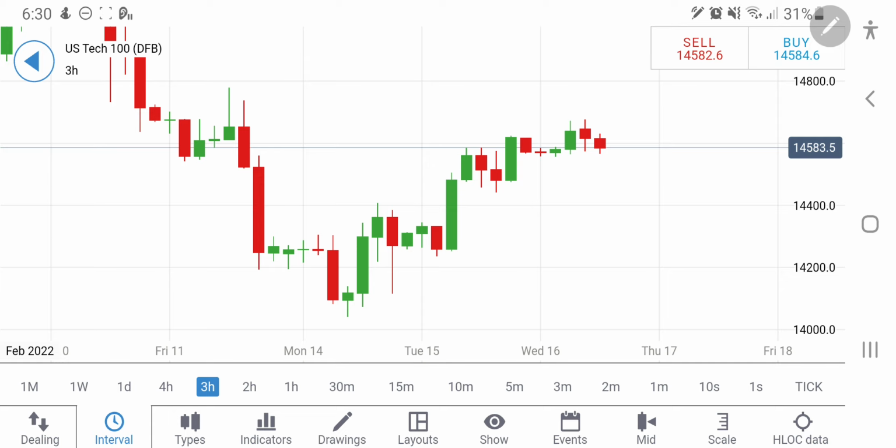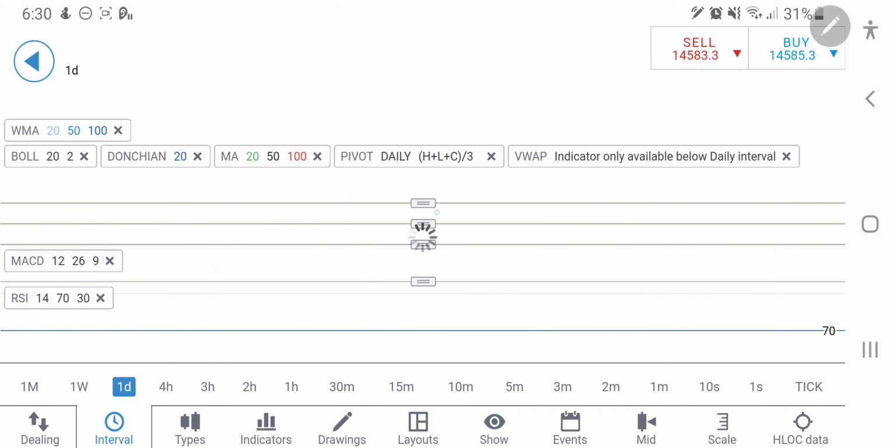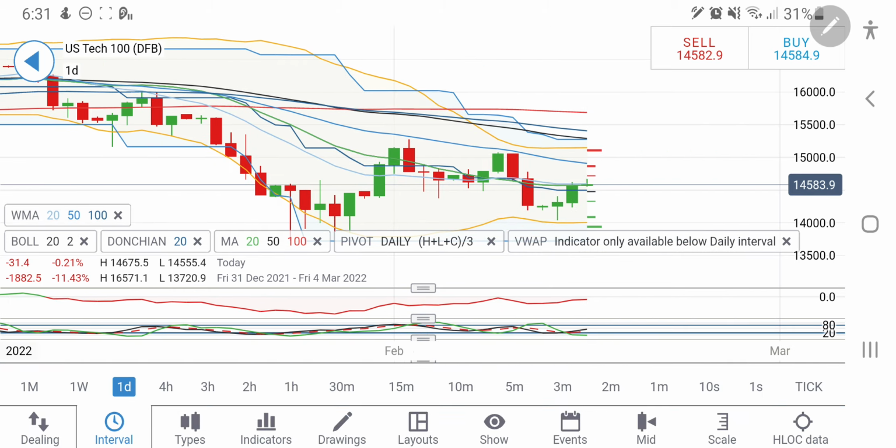So a couple of observations. I am going to give you the trading levels. Stay tuned with me. Now let's have a look at the indicators here. Indicators on the daily charts. First come back to the indicators on the daily charts. You will find that